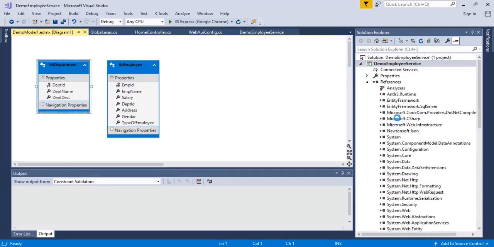We have created the connection to the database.